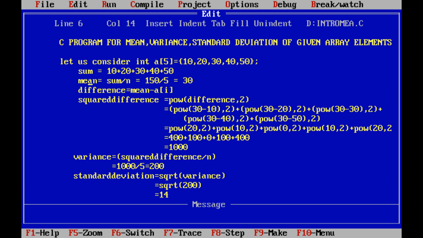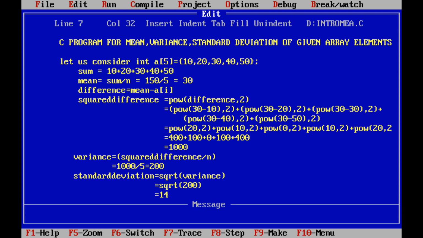Mean is equal to the sum of the array elements divided by the number of elements in the given array. Here the sum is 150 and the number of elements is 5. So 150 by 5 is equal to 30. So the mean of the given 5 array elements is 30.